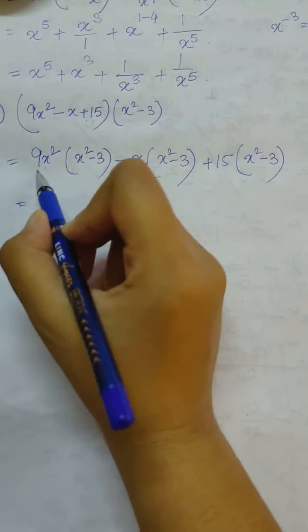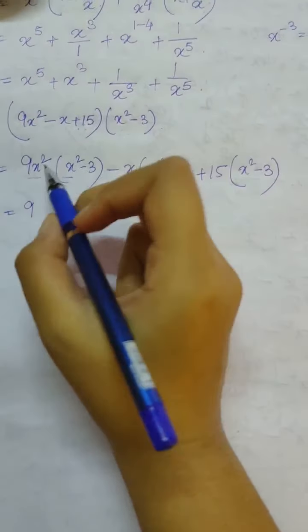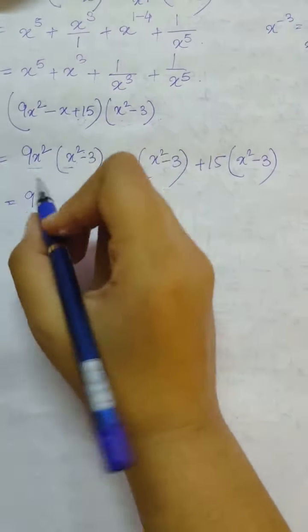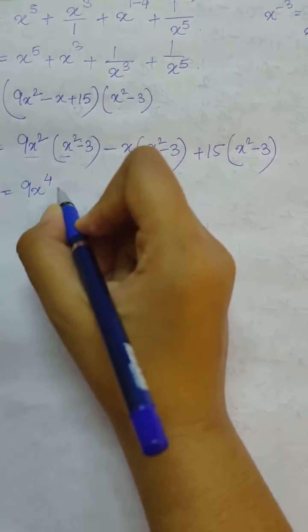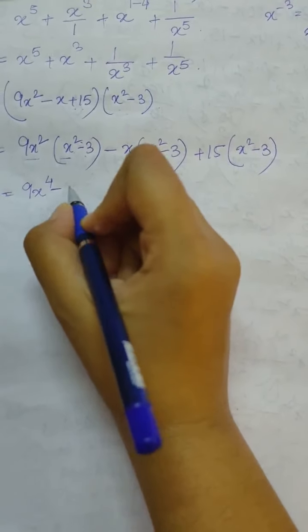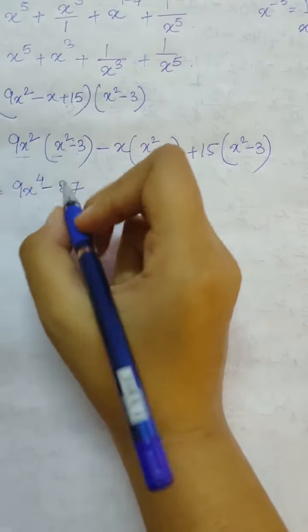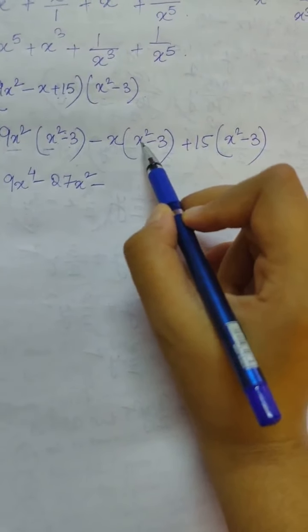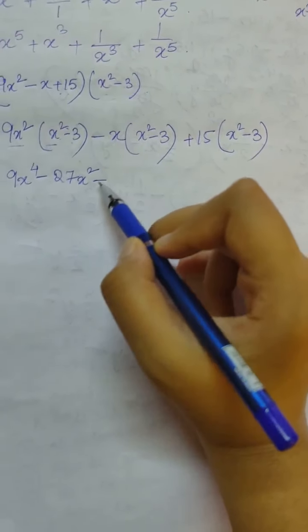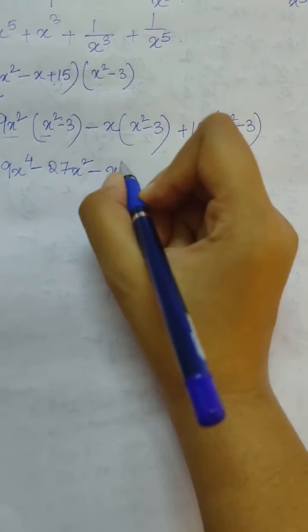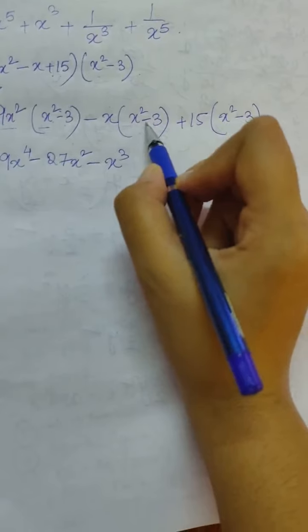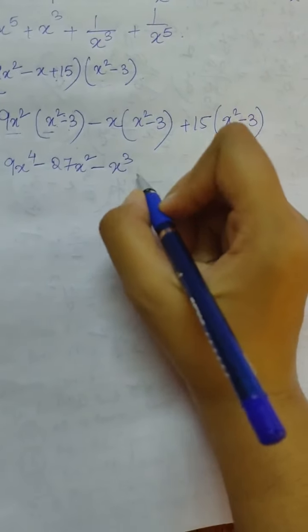So 9 is there, so I am multiplying this and this now. So we are only having 9 in the constant term, and variable term we are having x square. So the power of x will get added up, so 2 plus 2 will become 4. Then we have a minus sign here, so 3, 9, 27, and no x here, so we will directly write it as x square. Then minus, here we are having positive and here we are having negative, so plus and minus will become minus. Now x and x square gives us x to the power 1 plus 2, that is 3. Now here we are having minus again and minus here, so minus and minus becomes plus.